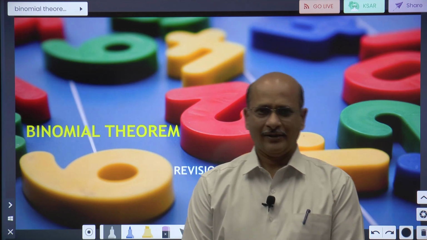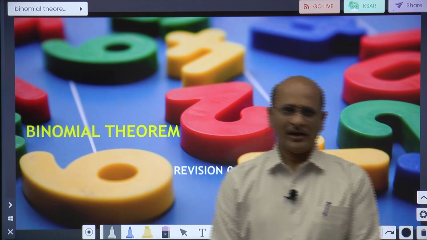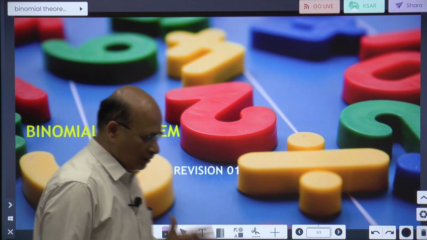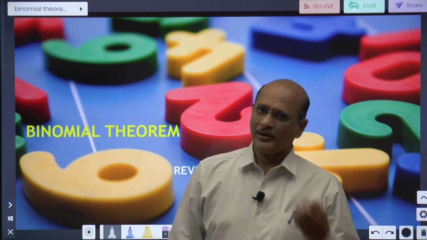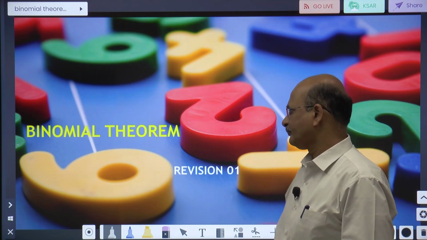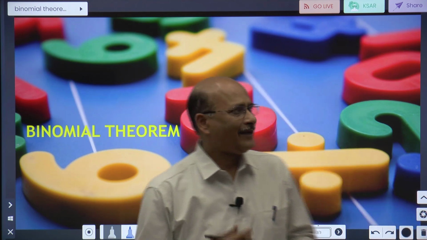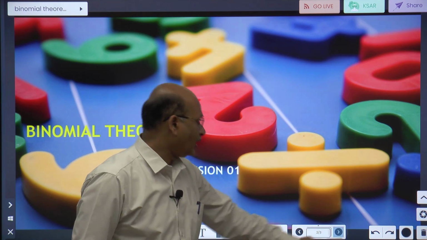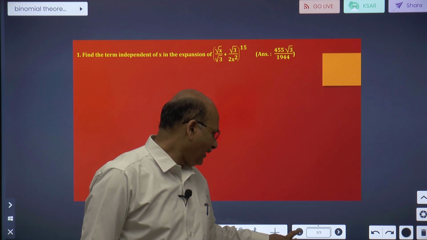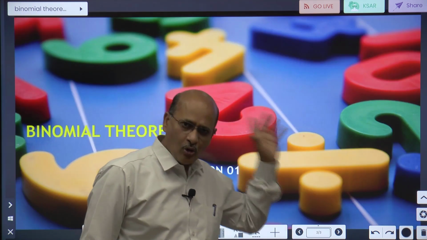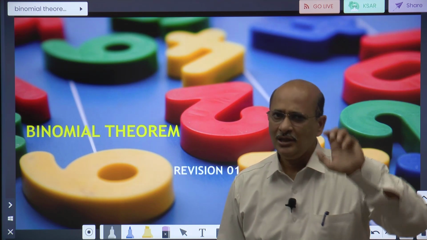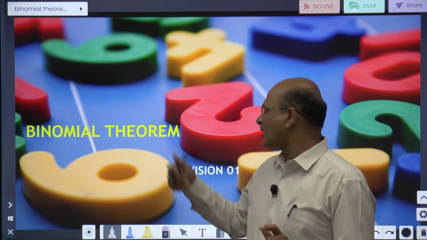As you know, we had planned for a thorough revision on the binomial theorem, which is also an important part as far as scoring is concerned in the examination. Now we do have lots of questions, lots of examples I had put across, but before I go to the core examples, I just want to touch all the major points of the binomial theorem,